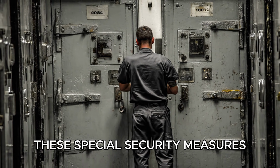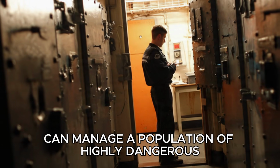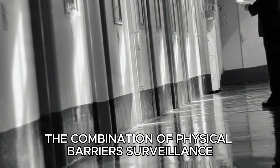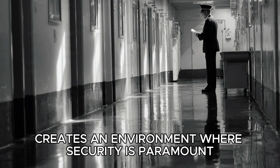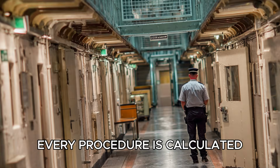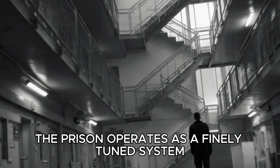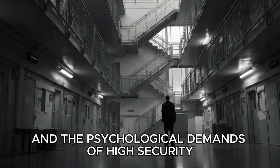These special security measures ensure that Belmarsh Prison can manage a population of highly dangerous and unpredictable individuals effectively. The combination of physical barriers, surveillance, controlled movement, and behavioral monitoring creates an environment where security is paramount, every procedure is calculated, and the risk of incidents is minimized. In this way, the prison operates as a finely tuned system, balancing control, safety, and the psychological demands of high-security